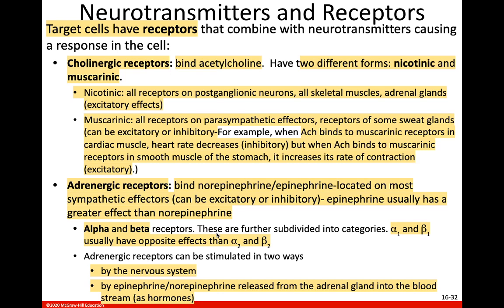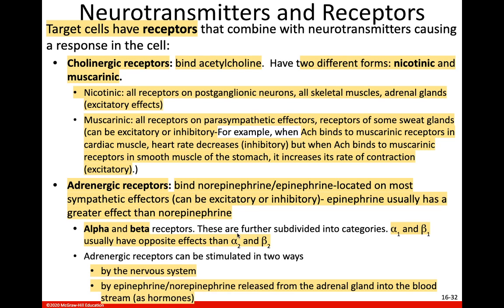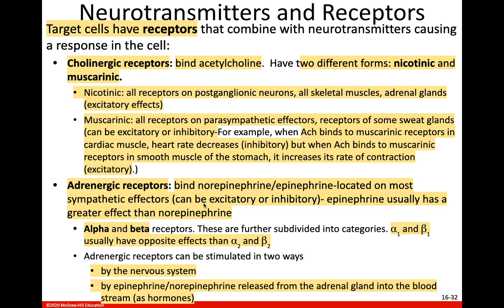I think it might have been that if the epinephrine, norepinephrine is binding to the alpha, then it was excitatory. Or no, I think it was excitatory. And then if epinephrine and norepinephrine bind to the beta, then it was inhibitory. So I think if you go back and look at that crash course video, if you haven't watched it yet,